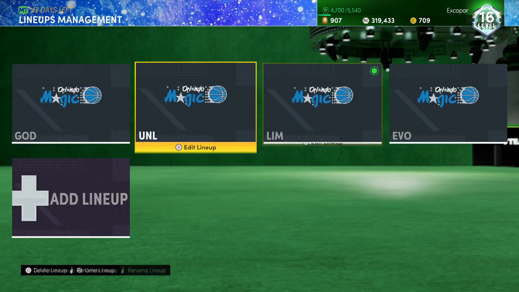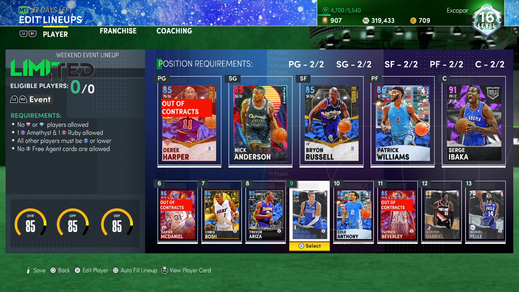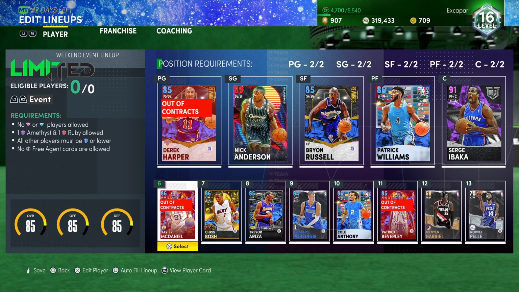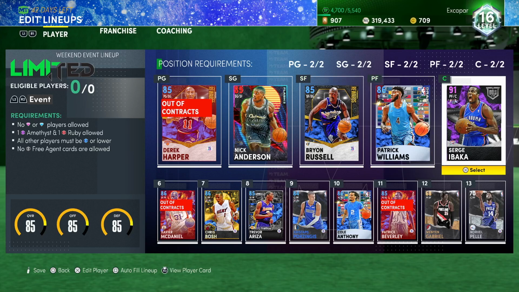First off, we're going to hop into my Limited lineup. Roughly going to be running something like this. I just threw some guys that I thought were very good that I had at Sapphire currently as some options right there. So as a great Sapphire PG, I think Derek Harper is great, but we're going to cover him later. One of the Amethysts that I very highly recommend to a lot of you guys right now for the weekend is going to be Amethyst Surge Ibaka,